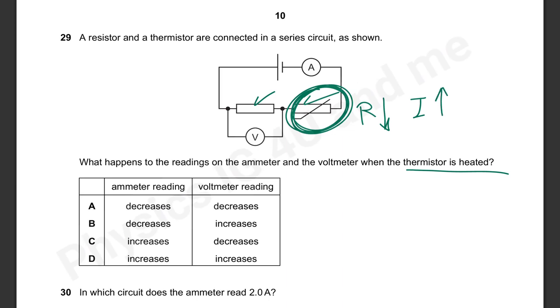So the current in the circuit will increase. So the ammeter reading will increase. So we are in option C or D. A is wrong and B is wrong. Now we want the